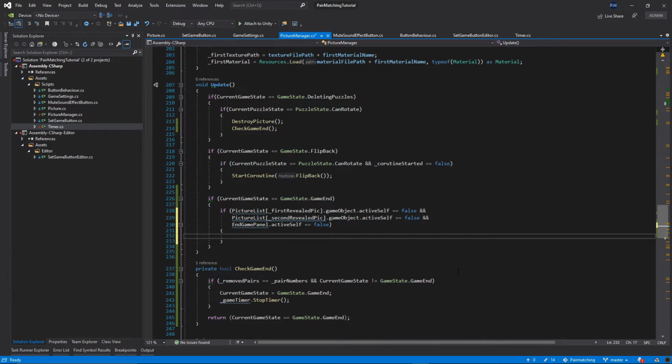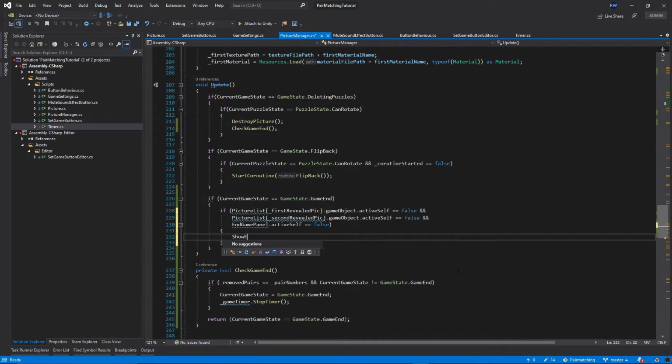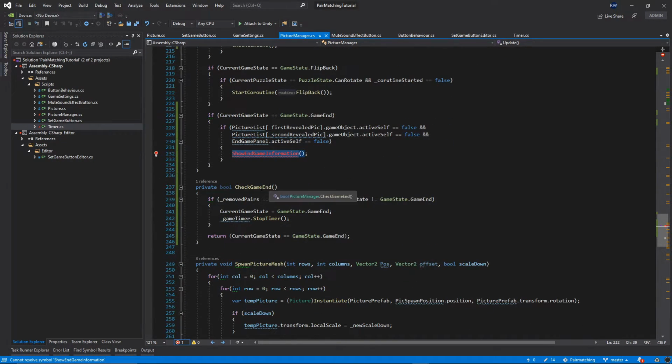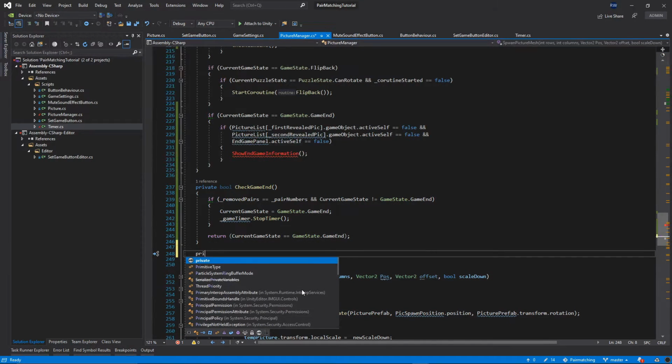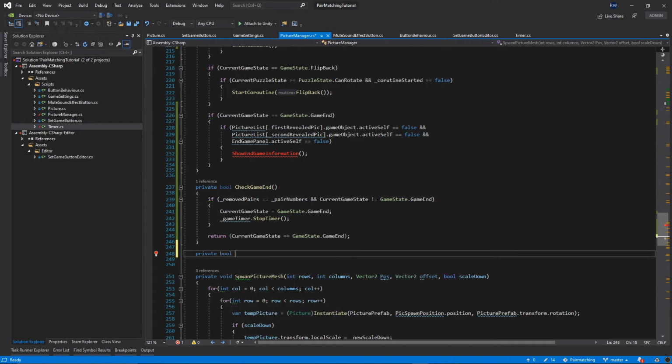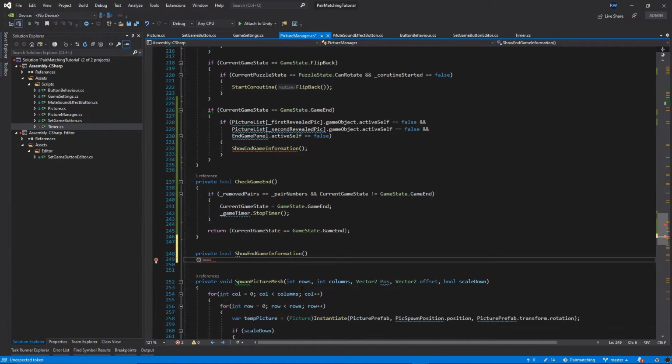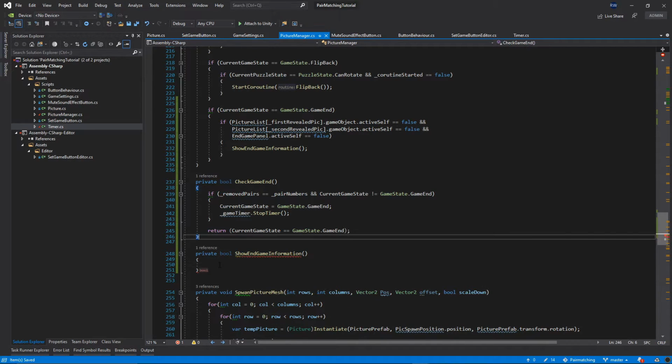We want to call the function show endgame information, okay? And let's create this function. So below our check game end, I will create another private bool show endgame information, and then let's implement this function quickly. So inside this function we're gonna call the endgame